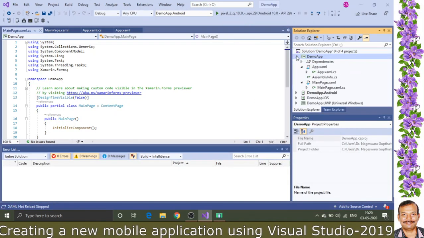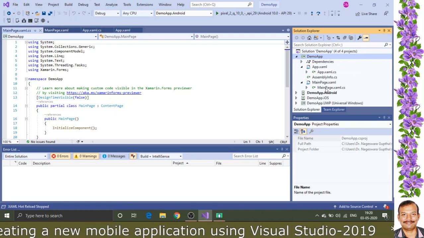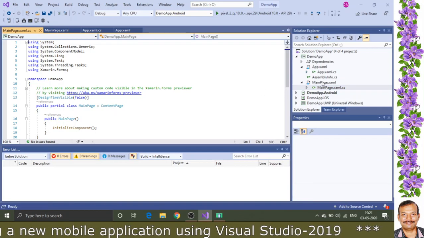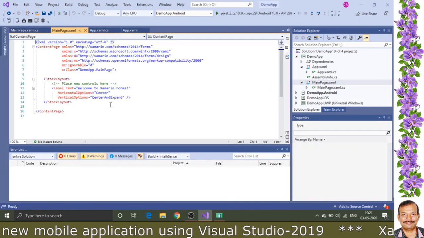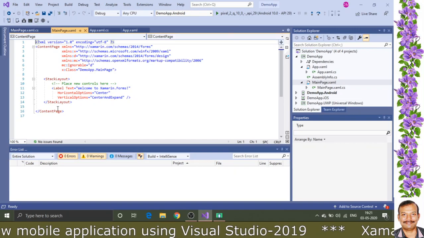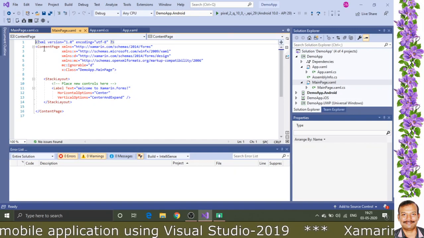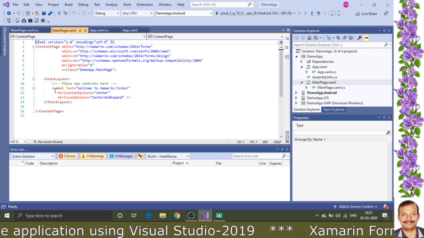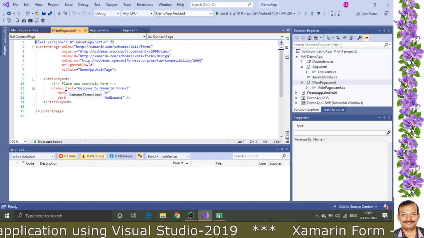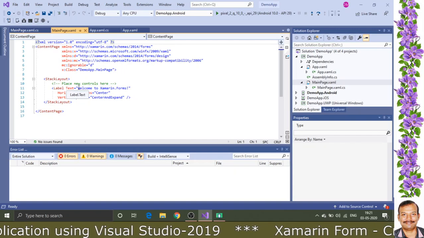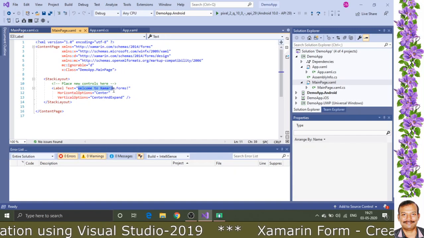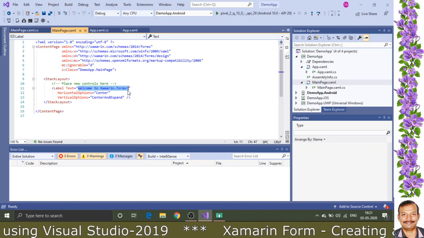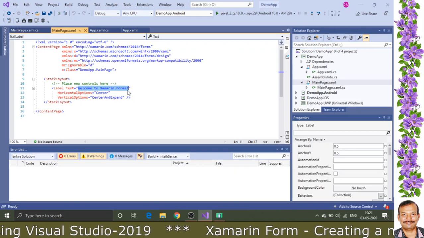Click on this demo app, go to this main page, mainpage.cs and mainpage.xaml. See, the content which was displayed there was from this particular place. You can see there is something called content page, something called stack layout, and inside the stack layout there is a label, and in that label there is a property called text. In this text property we have "Welcome to Xamarin Forms", which was displayed. So here we are going to edit it: my first